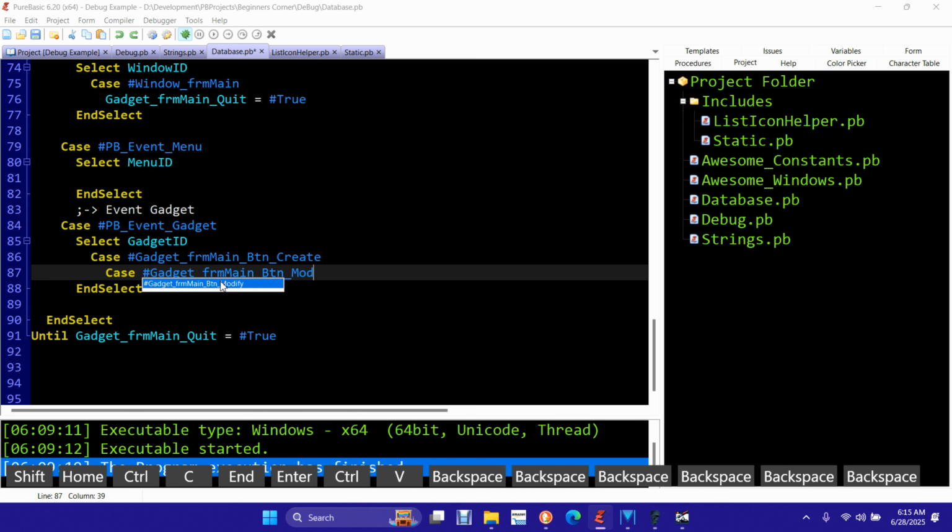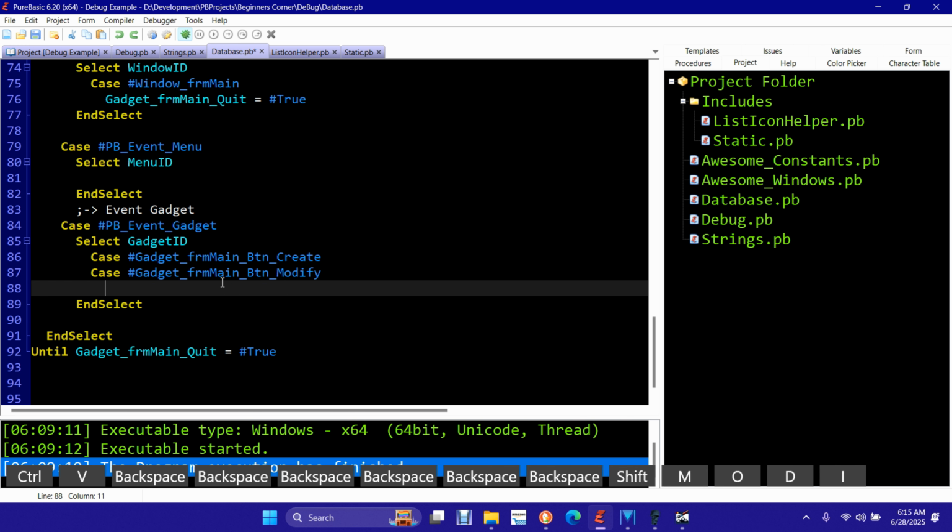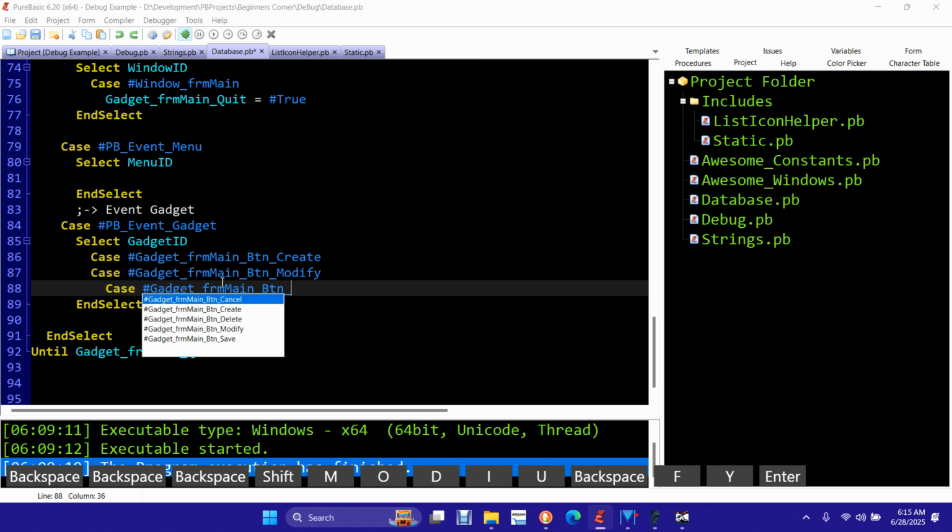modify, delete. Let's come down and paste you in, and we can say save, and then we can do this, say cancel. Okay, whoops. All right, now,